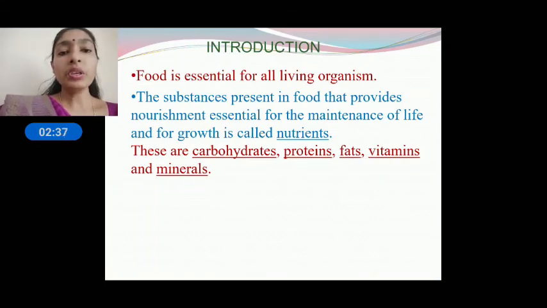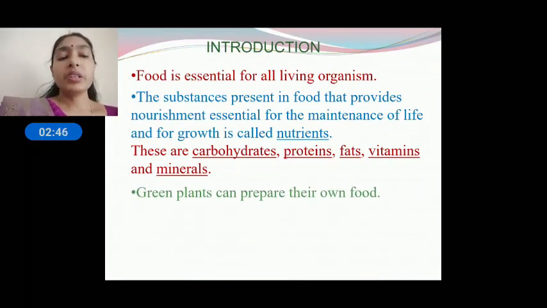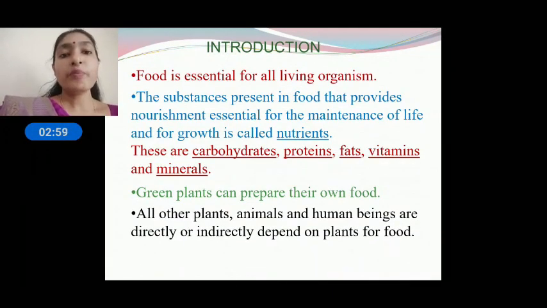So how are we getting food, what are the sources? We all know plants are the basic source of food. All green plants can prepare their own food by photosynthesis. But other than green plants, those who can't do photosynthesis, that is animals and human beings, they all depend directly or indirectly on plants for their food. Now let us see the modes of